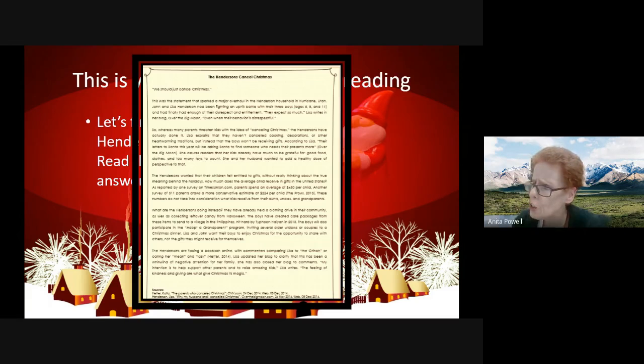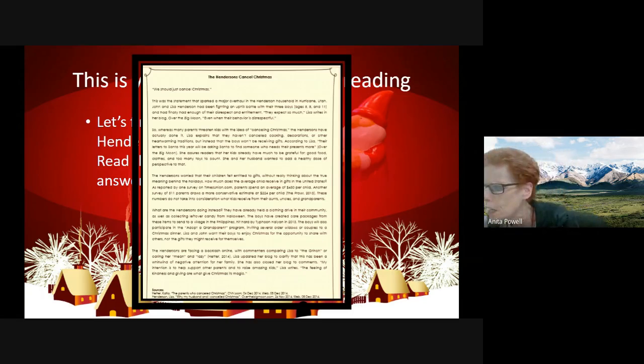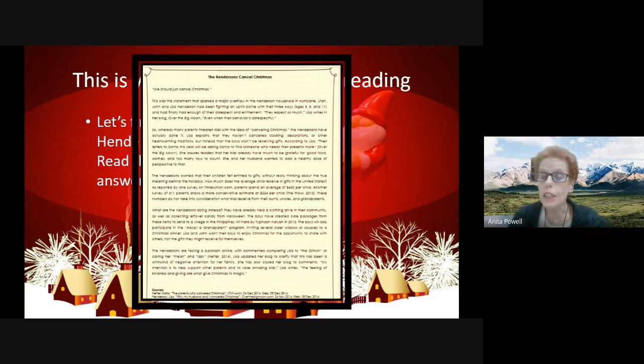What are the Hendersons doing instead? They have already held a clothing drive in their community, as well as collecting leftover candy from Halloween. The boys have created care packages from those items to send to a village in the Philippines hit hard by Typhoon Haiyan in 2013. The boys will also participate in the Adopt a Grandparent program, inviting several older widows or couples to a Christmas dinner. Lisa and John want their boys to enjoy Christmas for the opportunity to share with others, not the gifts they